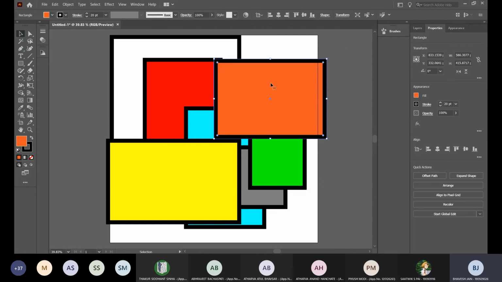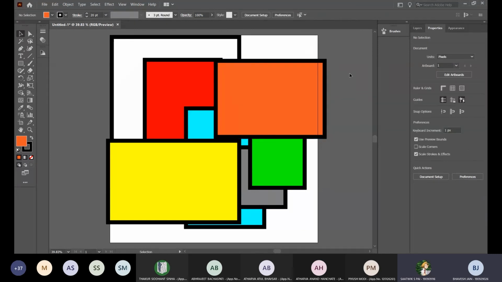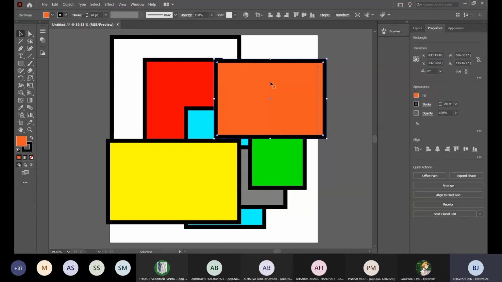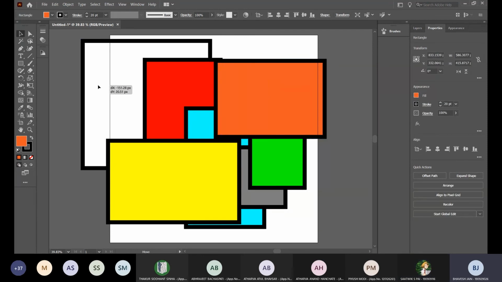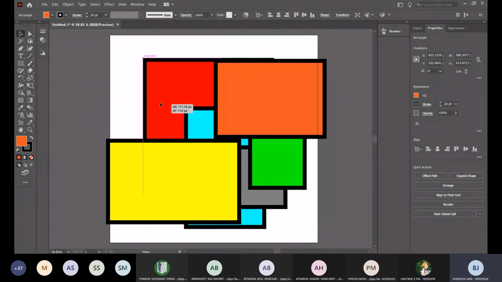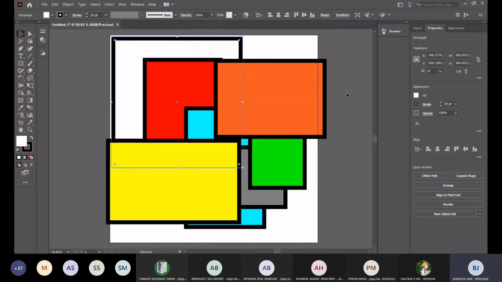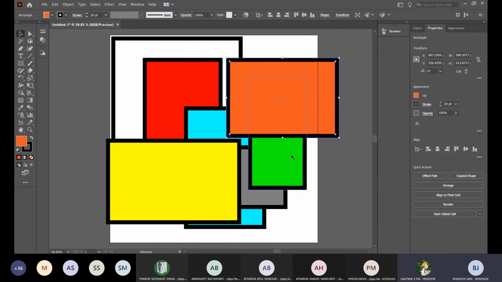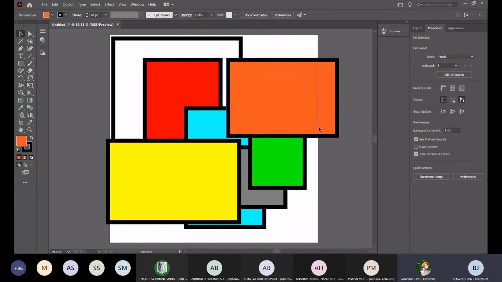So I told you layers are like floors. See this as you see the top of a building, the top of a house rather. So the ones that are clearly visible is your top floor. The one which is the least visible, all of the other floors are above it. This is your ground floor. Are you guys getting the terminology? Yes. Okay.